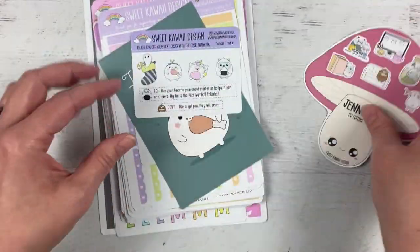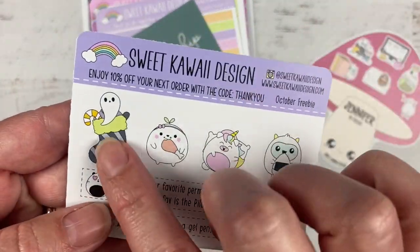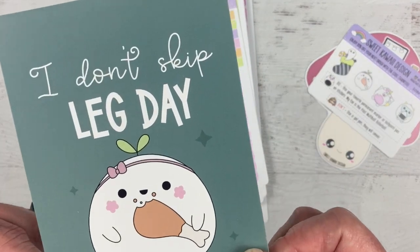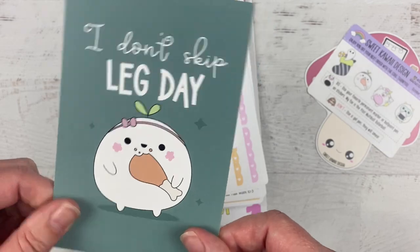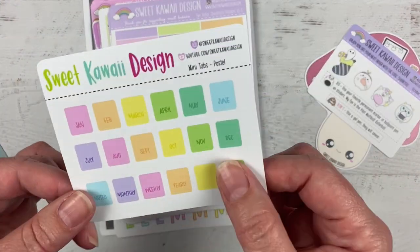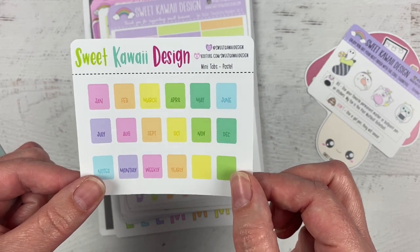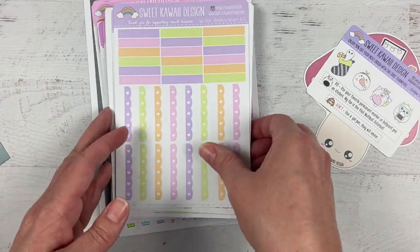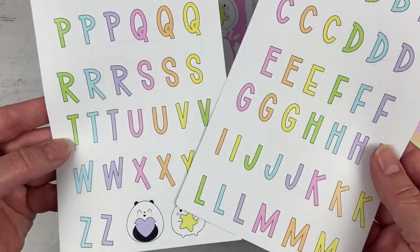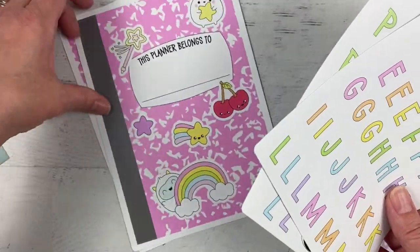So again, here's my freebie. Ooh, the October freebie. So cute. Look at that little stocking. Oh, new journaling card. I don't skip leg day. I'll have to put that one in my little frames. And of course, when I was ordering $2 Tuesday, Tasia had just put some new things on the site too. So I got little tabs for my Cousin. And then I also got these absolutely adorable letter stickers to go on this absolutely adorable Hobonichi